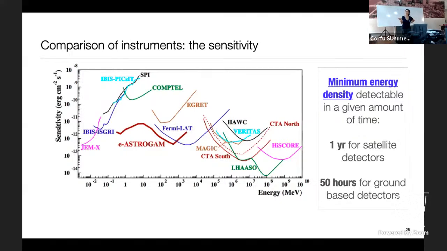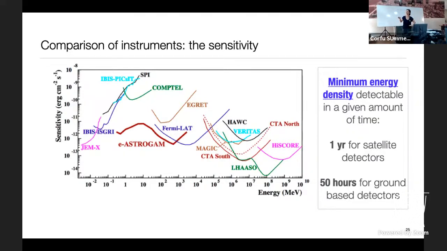This one? Because it starts with lower energy, as you mentioned. I want to detect low fluxes. Yes, so of course it's difficult to compare things in different energy ranges, but let's say the most sensitive instrument in the gamma ray band as a matter of minimum sensitivity is this one, because it can detect even very faint sources, okay?